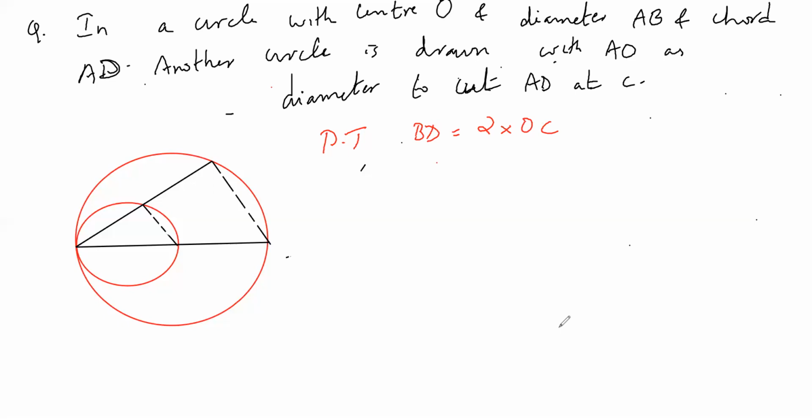So I'll now just label everything. AB is the diameter, ABD, then OC is here, perpendicular. This is my perpendicular bisector. OC is my perpendicular bisector. That's it. So ABD, everything is there. So to prove that BD is equal to twice OC. So the same diagram. Okay, so what I am doing here, I'll tell you what it is.